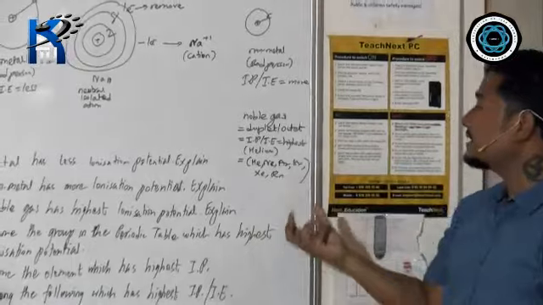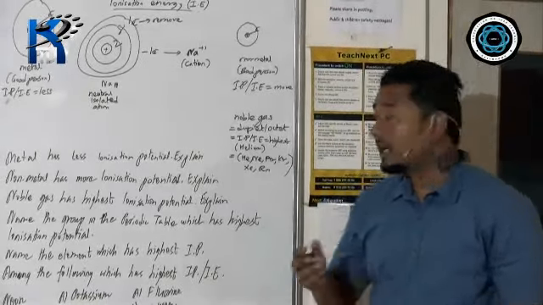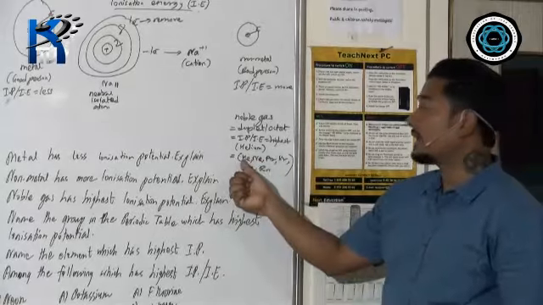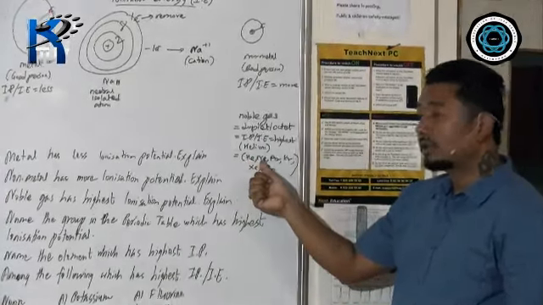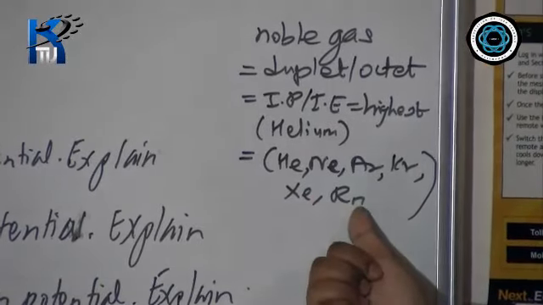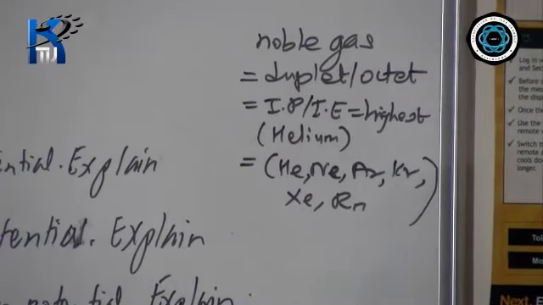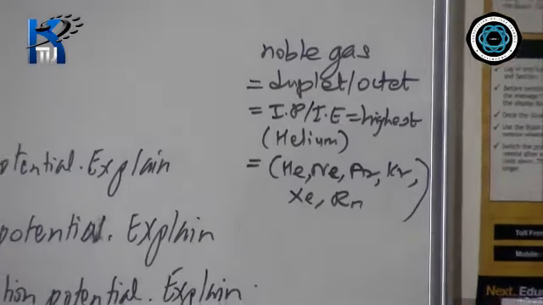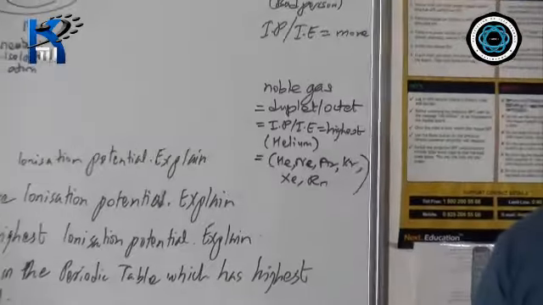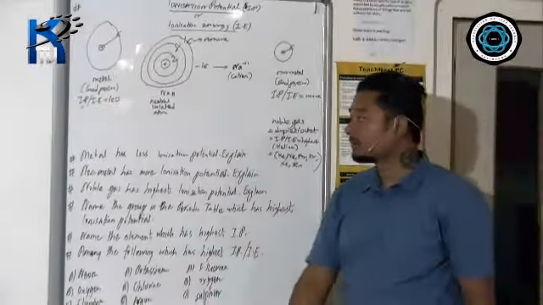Since the size of helium is smaller as compared to the other noble gases, it will have the highest ionization potential. After that neon, after that argon, after that krypton, after that xenon, after that radon. After the noble gases, the next highest IP is of the halogen group, that is group 17, in which one of the elements is fluorine. Okay, now let us see some question answers from here.